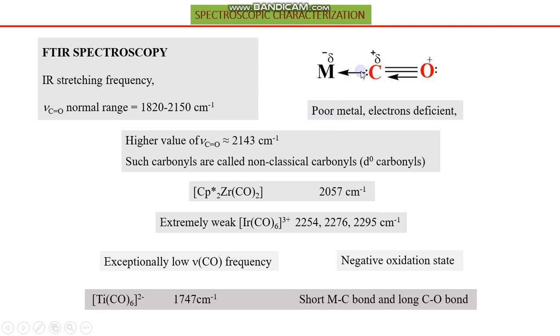This single bond is observed only in the case of poor metals, and poor in terms of electron-deficient metals. Those metals which are electron deficient do not have electron pairs in the d orbital to involve in back bonding with this carbon, in order to give multiple bonding between carbon and oxygen. Such metals are called poor metals, and these poor metals are only capable of accepting a pair of electrons from carbon in order to give a single bond. So for this single bond, the normal range for this stretching frequency is from 1820 to